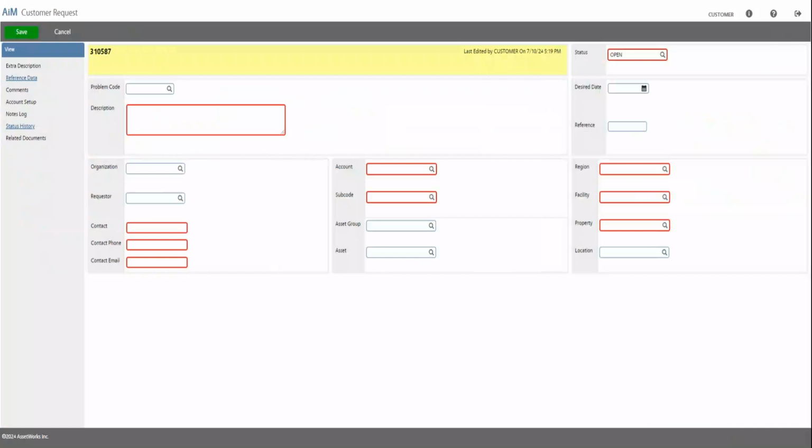The first thing we want to fill out for our customer request is our description. We want to create a description that is helpful to anyone looking at this customer request after this point, and so we would like to follow a specific format. That format will begin with the building where this will take place,